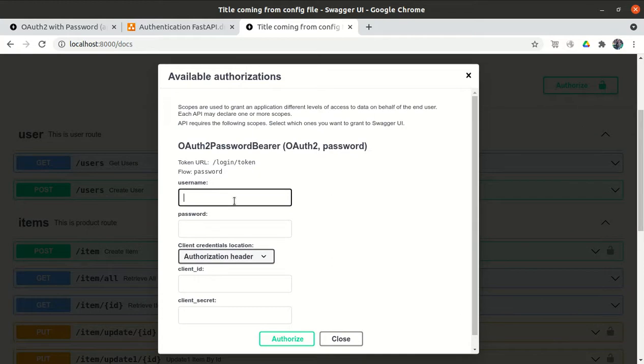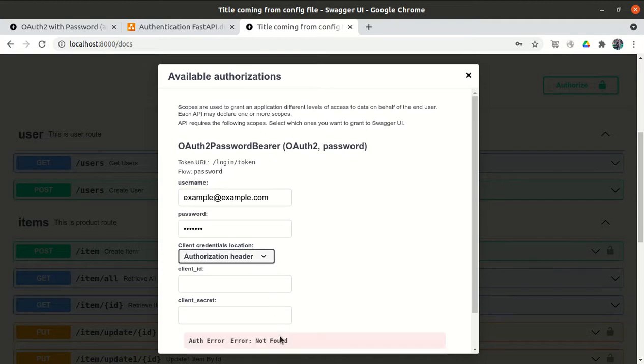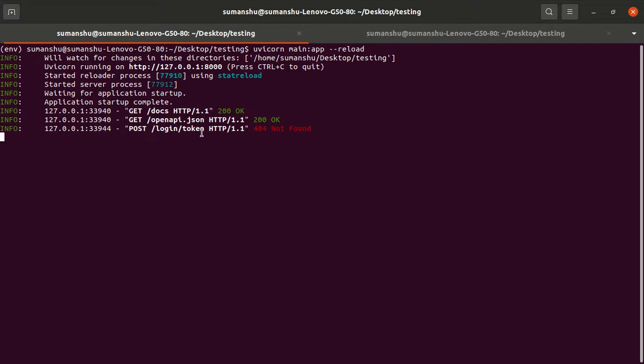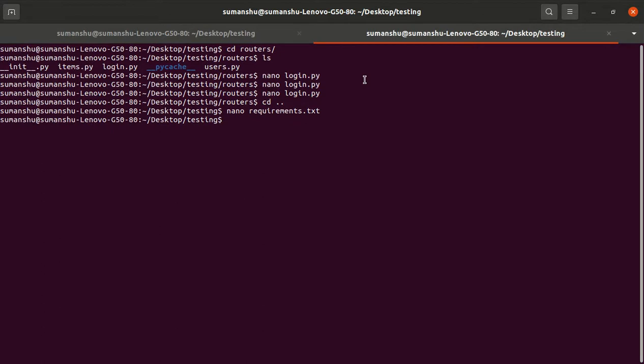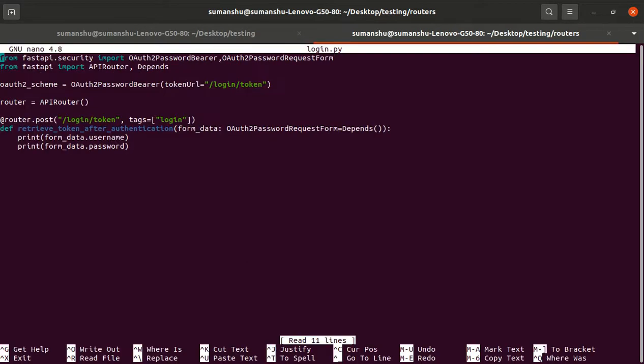If I do authorization with example@example.com, example, and then authorize, it still says not found. It is unable to find /login/token. So why was this the case when we have already defined /login/token?